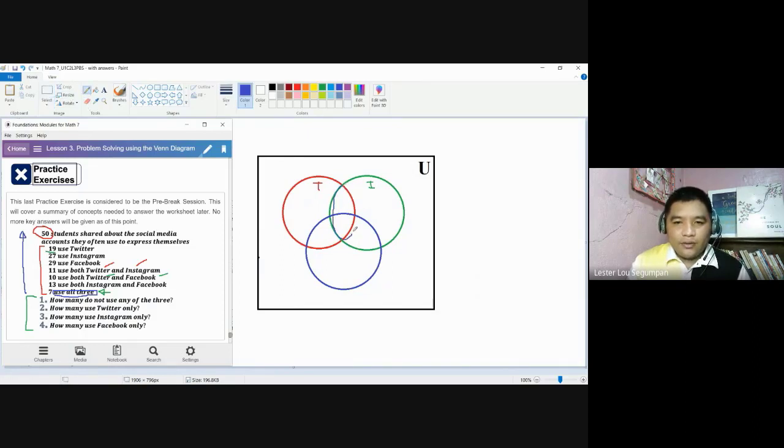this area here, this one, is common to both Instagram and Twitter. This area here, let me use black, is common to Instagram and Facebook. That this is Facebook rather, this one, F. And this final area here is common to Twitter and Facebook. But this middlemost portion, this one here, the asterisk, is the area part of Twitter, part of Instagram, and part